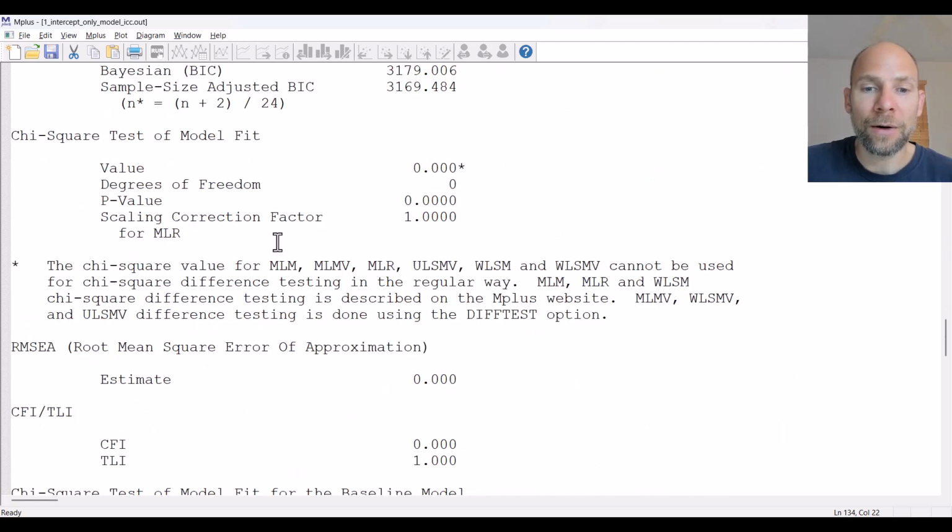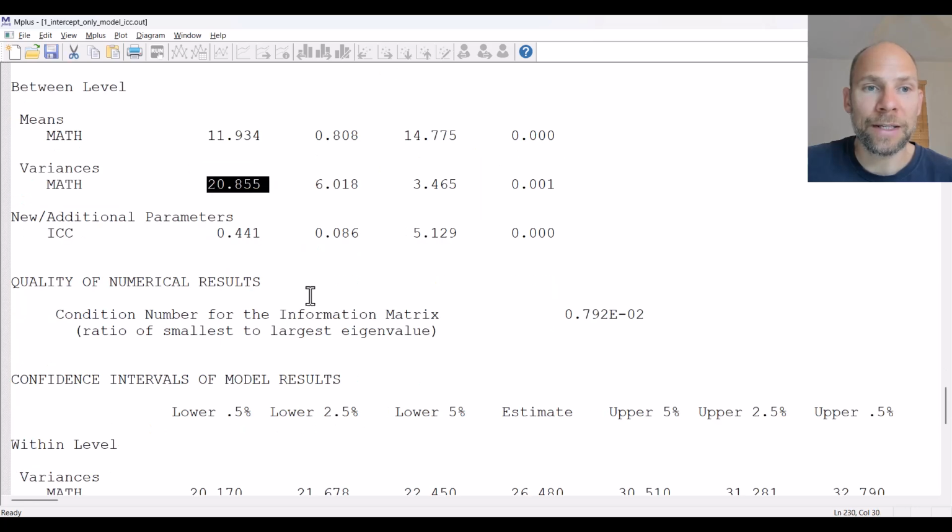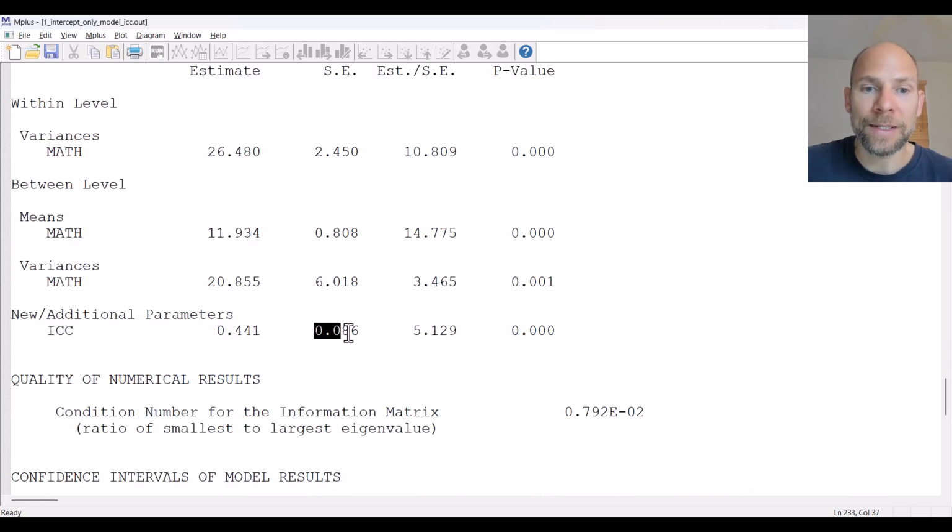Okay, we go down further, we can see that we get the variances again estimated here. So here's the within level variance again, here's the between level variance again, and then under new additional parameters we find our intraclass correlation coefficient again, 0.441, now given with a standard error of 0.086, a test statistic of 5.129, and also a p-value for the test statistic that is 0.000 something, so a very, very small p-value indicating